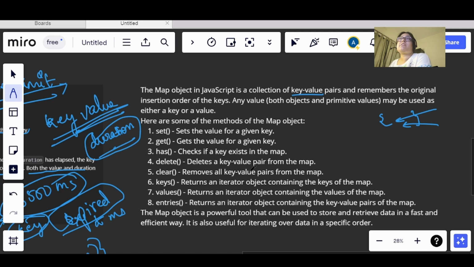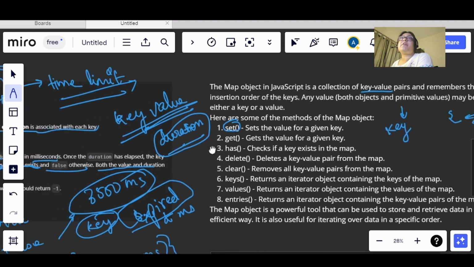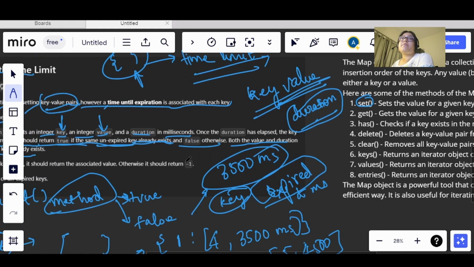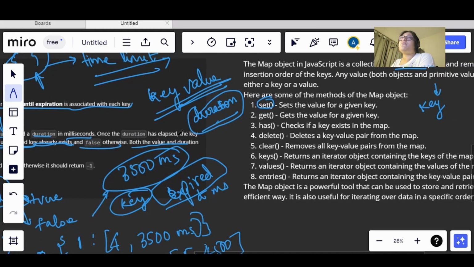This map has some predefined methods. One is set, which sets the value for the key. In the set method we were setting some value for the key, so we can use the set method here.